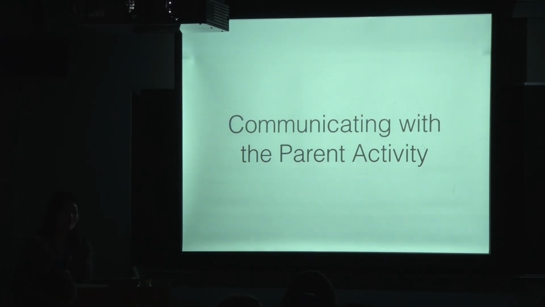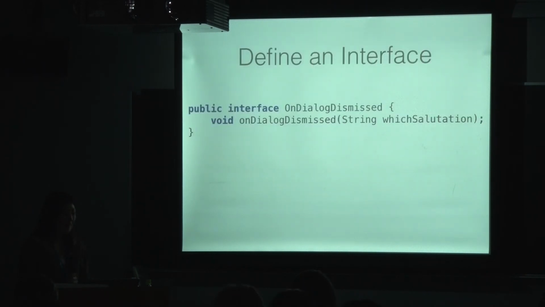So obtaining information from the parent activity is simpler than the other way around. There are many ways to achieve this, and people have a lot of opinions over the best way to do this. But I'm just going to show you a super simple and common pattern using a simple interface. Android Studio even adds this as an option when creating a new activity that uses a fragment via the new wizard. So here I've just defined an interface.